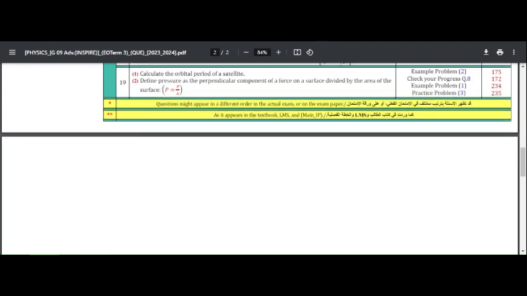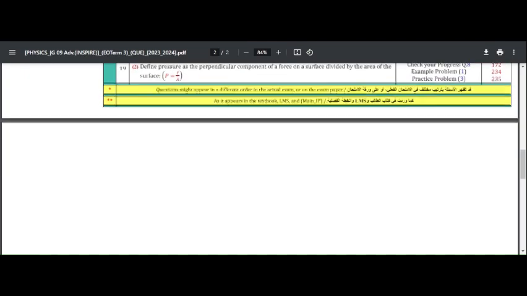Then the second part is pressure as the perpendicular component of a force divided by the area of the surface. Okay, so in the 19th question,